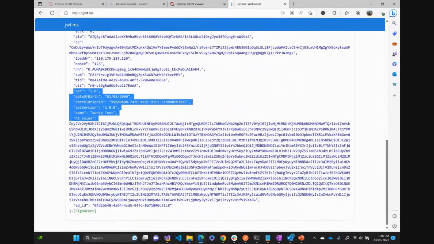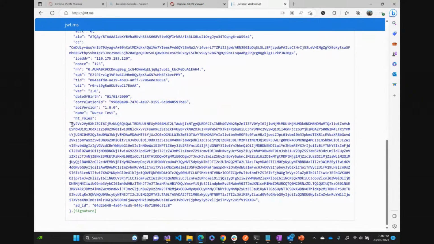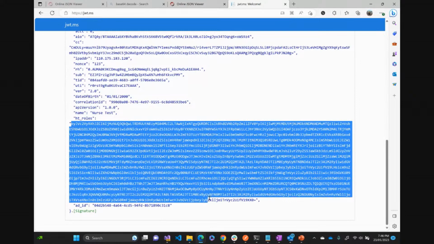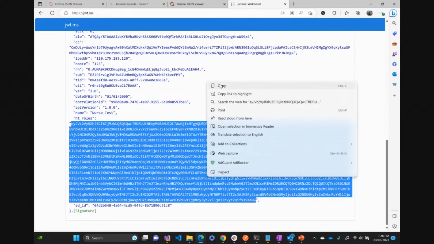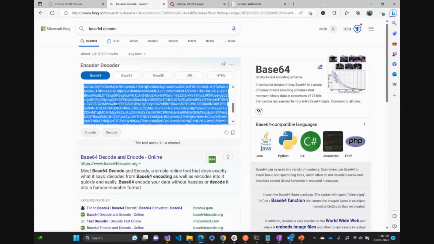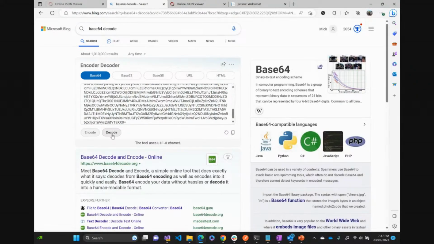And then in here, I've got something called nurse HT roles, which is some additional information that I also base 64 encoded. So if I take that out and drop that into my decoder,